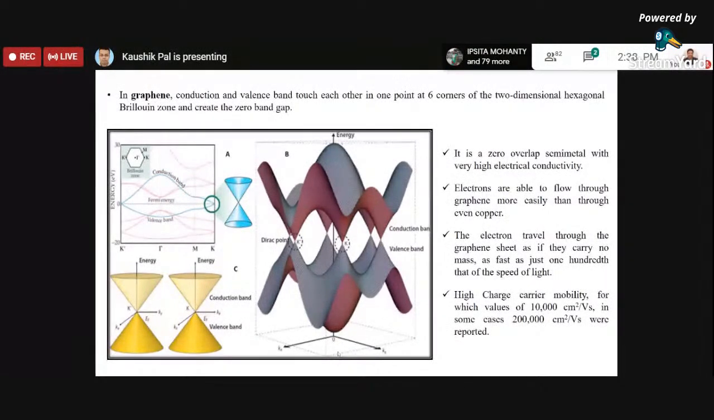If the gap between the conduction band and valence band is large, it will act as an insulator, and if it is closer, then it will act as a semiconductor, and when they touch, it will act as a metal kind of thing. So it is a zero overlap semi-metal with very high electrical conductivity. Electrons are able to flow through graphene more easily than copper. The electrons travel through the graphene sheet as if they carry no mass, as fast as about 1/100 of the speed of light. So now you can understand why it is giving a very good